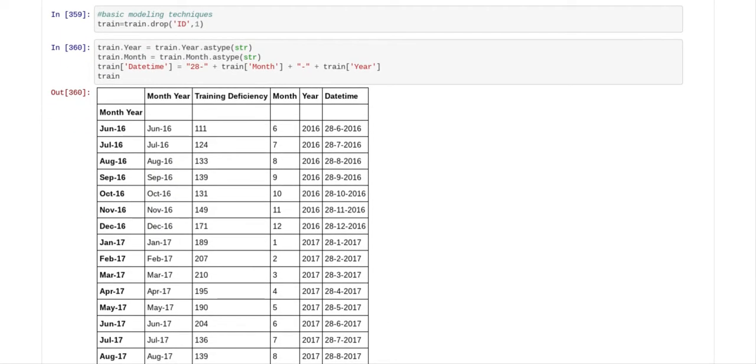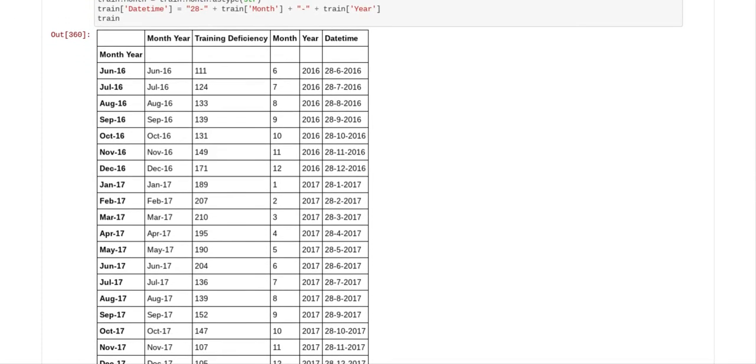So now we use our basic modeling techniques. So we drop the ID number from the train file. So now we no longer have an ID number on the train file. Year is a string, train month is a string, and train date time equals 28 plus train month plus train year. So you can see that what I did was I added a date to the month and year,